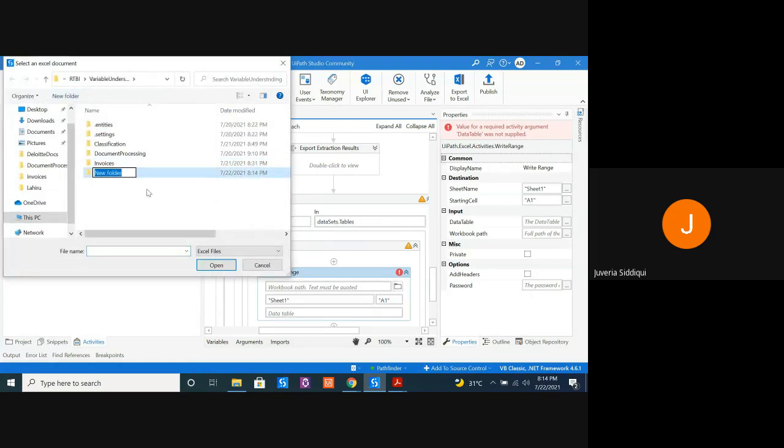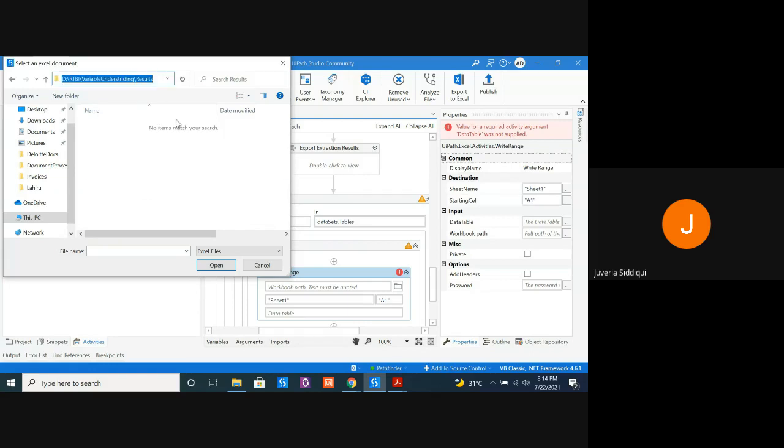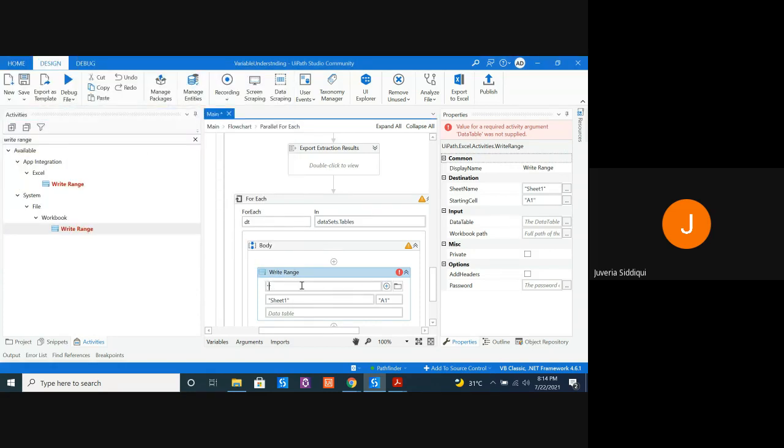me create a folder over here. So I'm writing it over here. Let's give it a name. Table name.